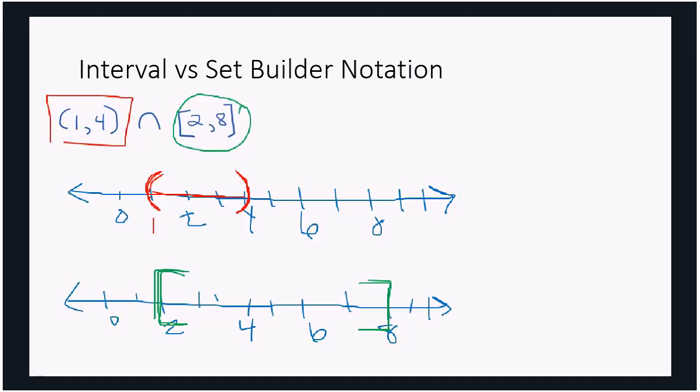Once you have shown on your number lines both sets using square and round brackets, the next thing to do is to decide what you are doing here. And this symbol is an intersection of sets. So intersection is that upside down U. The regular U would be a union. But in this case, we're looking for the intersection of the sets. So what I want to do is include the numbers that are found in both of the sets. So if I highlight where the numbers come together, it's going to be this region here.